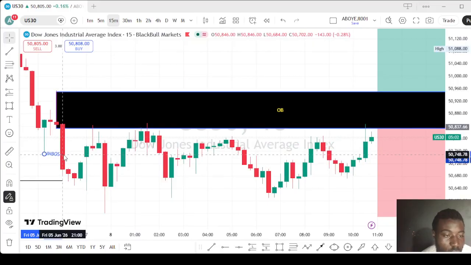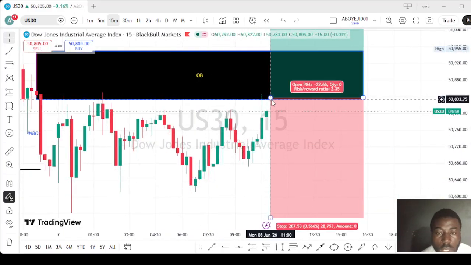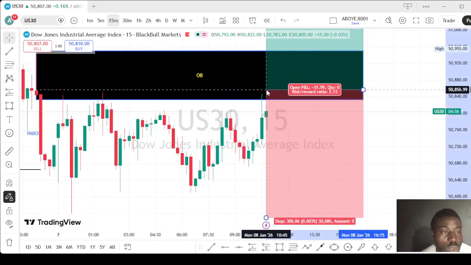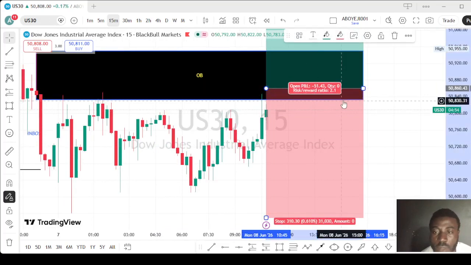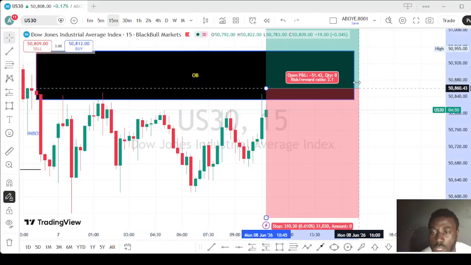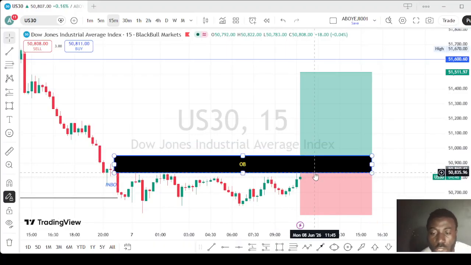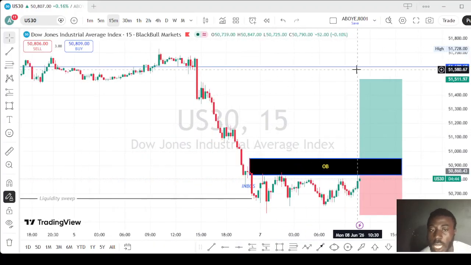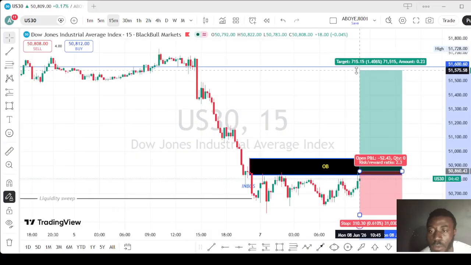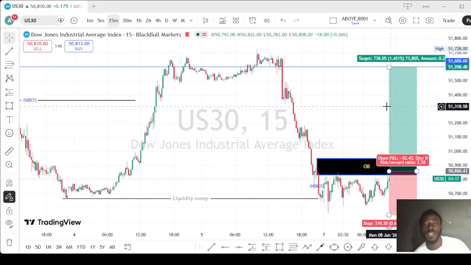So guys, be patient on this 15-minute time frame. If we want to take this trade, we wait for the market to break the structure. After the market breaks the structure, we can take the opportunity. If the 15-minute time frame breaks with a full body candle, it will retest and continue the uptrend. And this is where we are taking our take profits, this key level, this swing high.